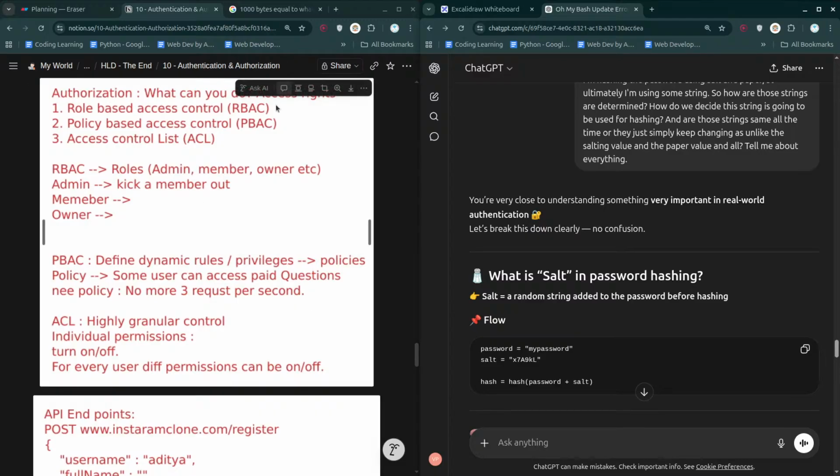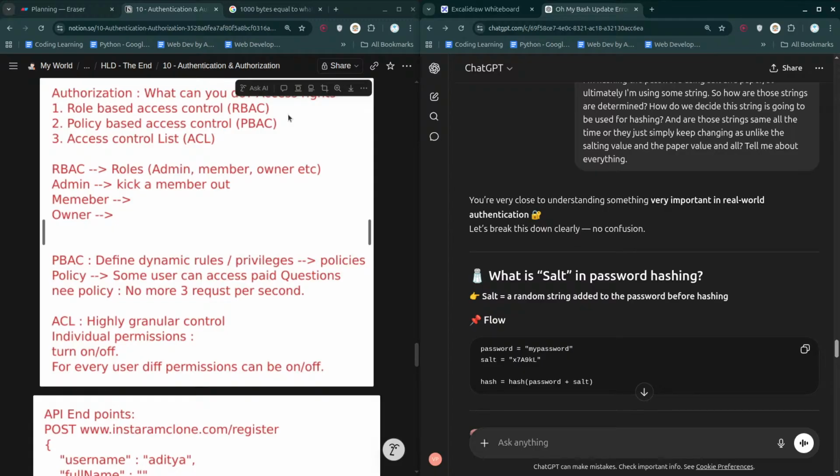Role-based authentication, in the sense that a role is mainly categorized into 3 things: admin, member, and author. There can be many categories as well, and you simply decide which particular role should be able to access which particular page. So this is on the page level. And policy means that on the basis of some internal values that you have, you decide whether the user is authorized to get the course or not. Because if you are a user, we cannot create 2 roles, one for a paid user and one for a non-paid user. Hence we have to create policies over there.